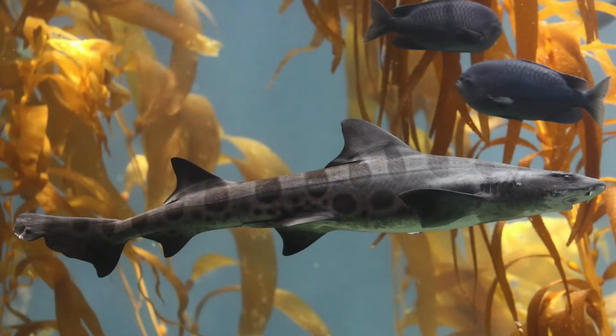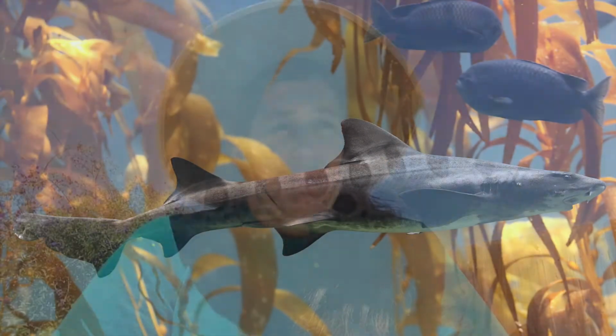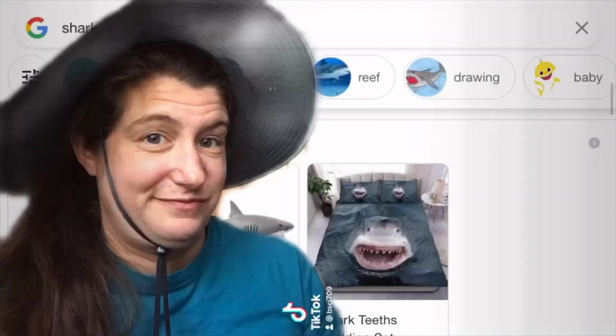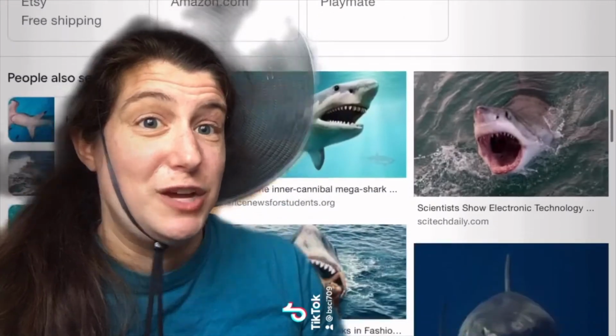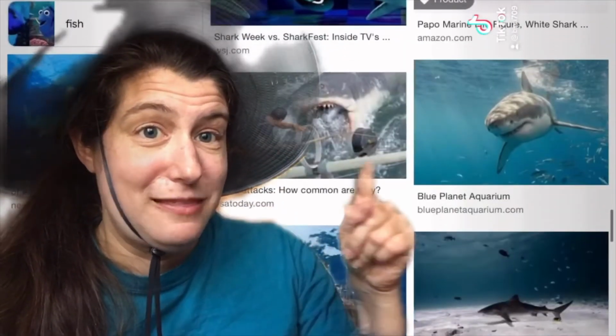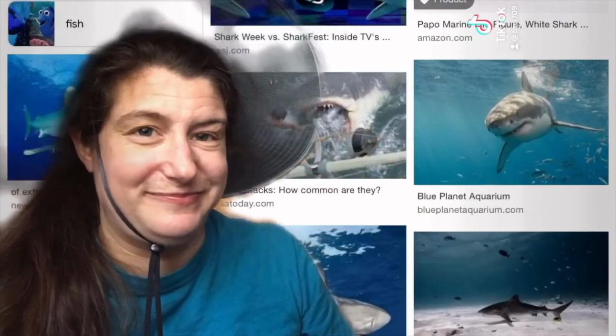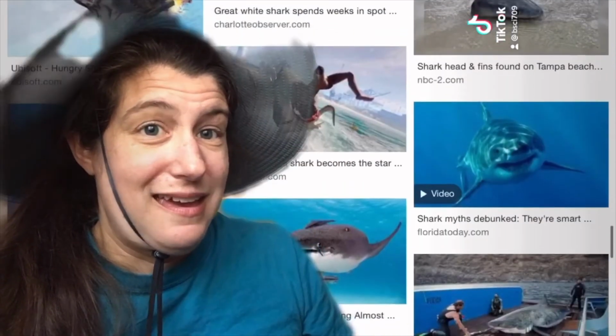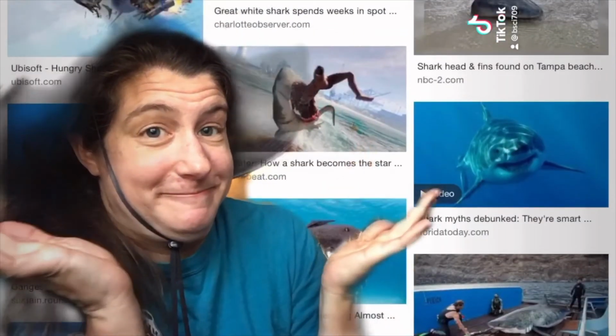A, the average shark species size is just over 4 feet, and B, great white sharks only attack humans when they mistake them for their normal prey, like seals, or if you are in a school of fish. You are far more likely to get struck by lightning or killed by a cow or a dog than a shark. If you're scrolling too fast, you might miss that that is from a music video, that is from the movie Jaws, and that is from a video game.